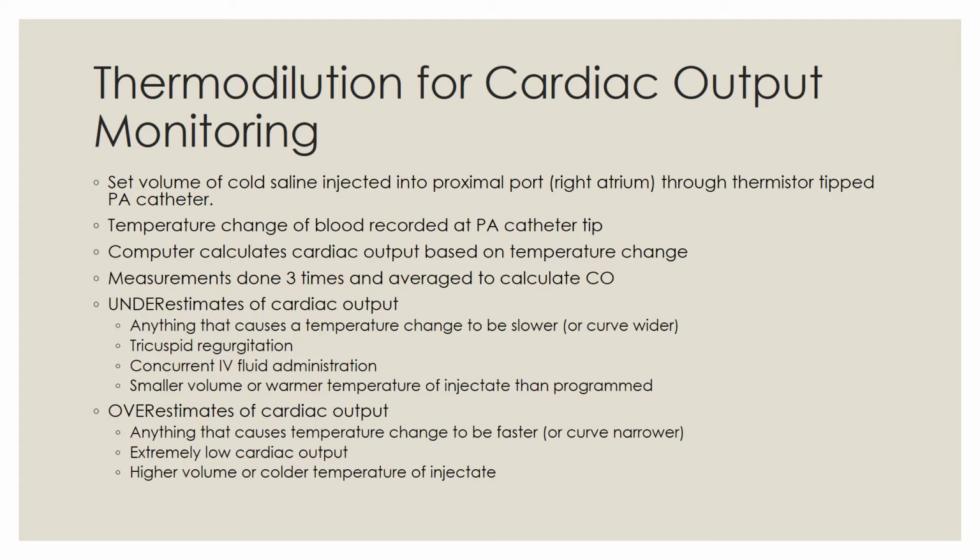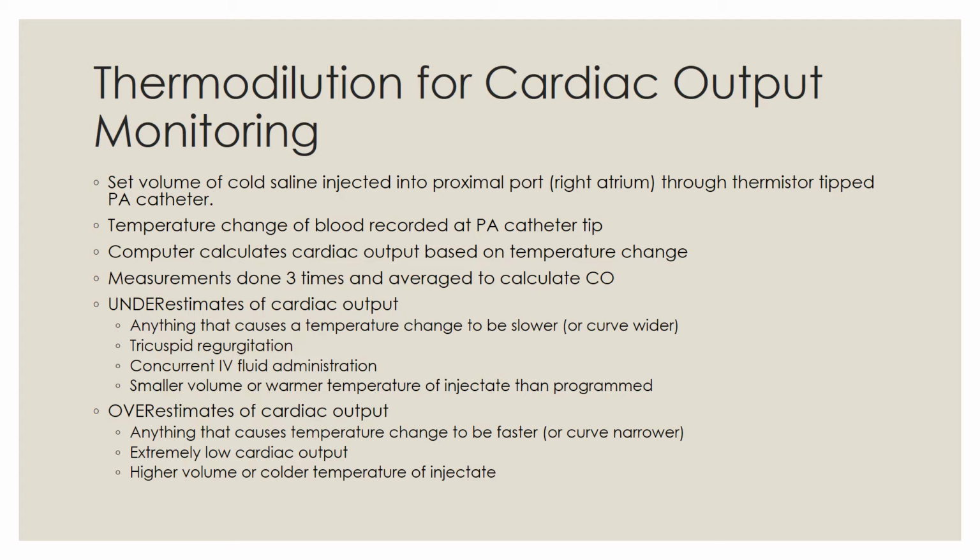So this thermistor will monitor the change of the blood temperature recorded at the PA catheter tip around the time of this injection. A computer then will calculate cardiac output based on the temperature change sensed at the thermistor tip. The measurement is usually done 3 times and averaged in order to calculate cardiac output, because it is dependent on the